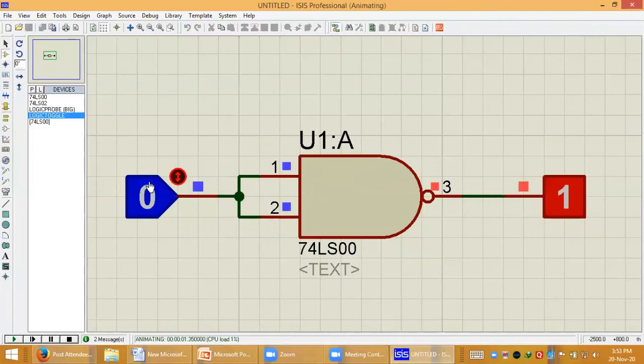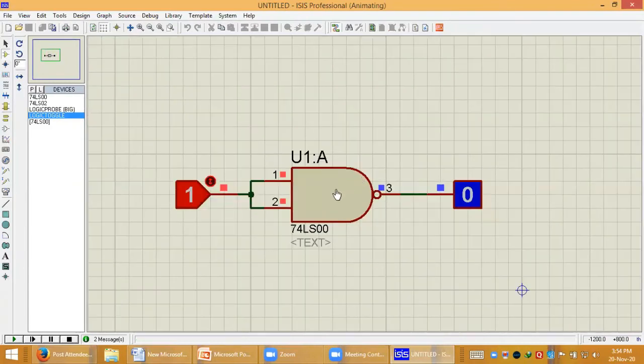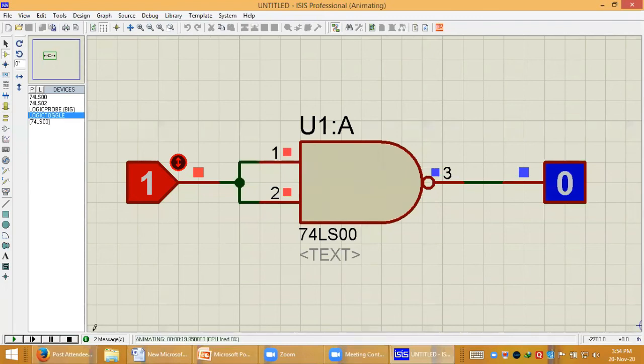Currently the input is 0, so you can see the output is 1. If I change this input, the output also changes. So input is 1, output has become 0. This is a simple implementation. You can implement this using a NOR gate also. I will stop this simulation here.